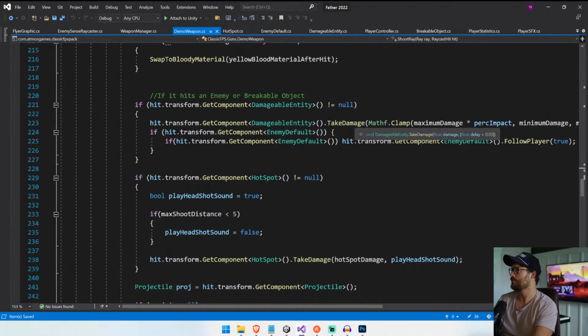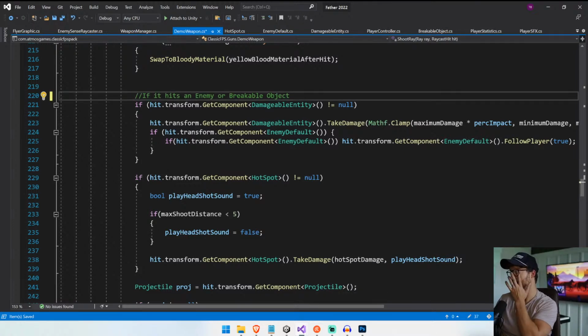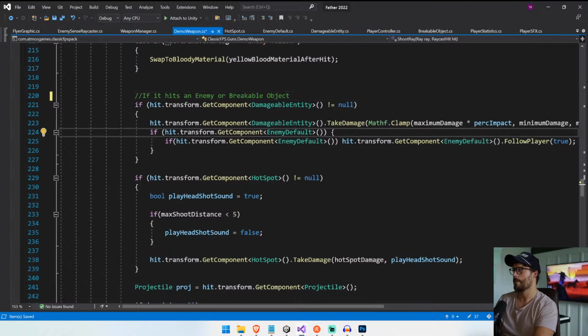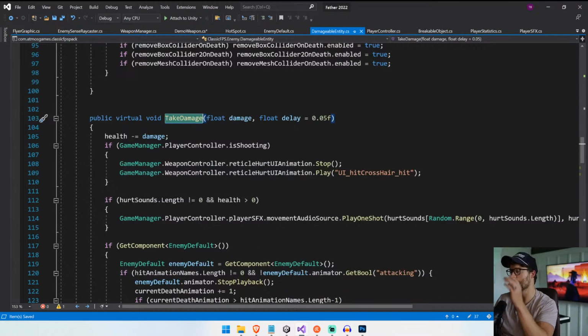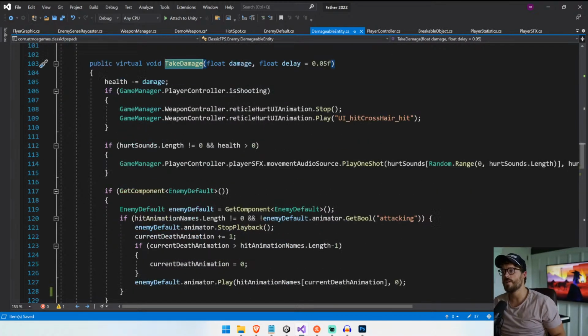There it is. Yeah, right there. Hit judgment about take damage. I think it's just going to be in here. It's in this take damage. So if something takes damage,